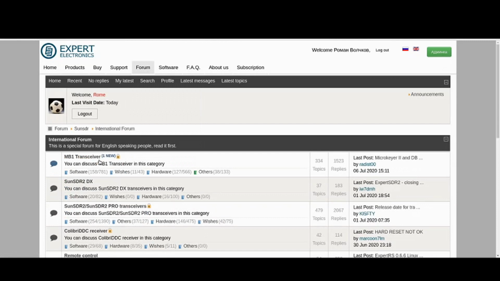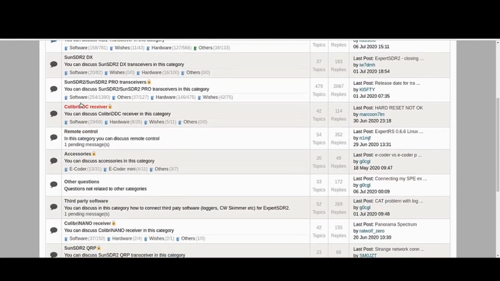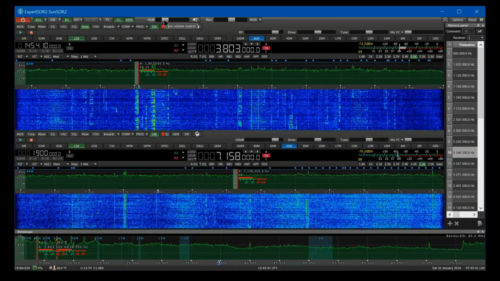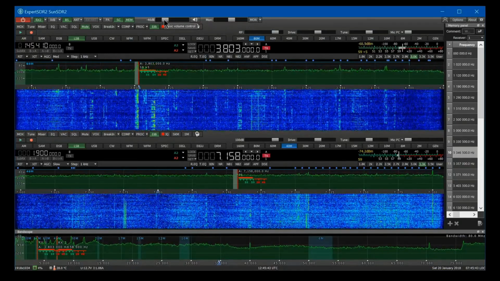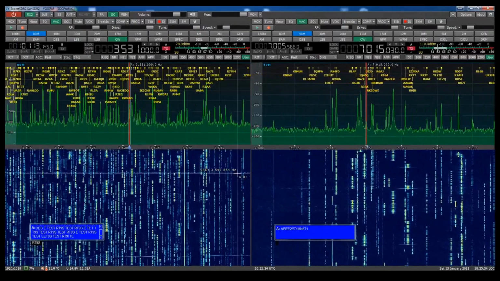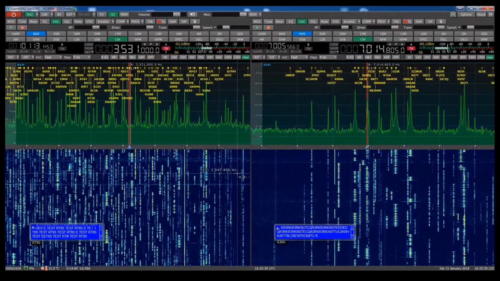Our biggest pride is the functionality of Expert SDR 2. Most features we have now were wishes and suggestions before, and in time they became an important part of the software. All this led to the fact that Expert SDR 2 grew into a big and versatile software which meets the requirements of professional contesters, DXmen, ESSB enthusiasts and day-to-day operators.